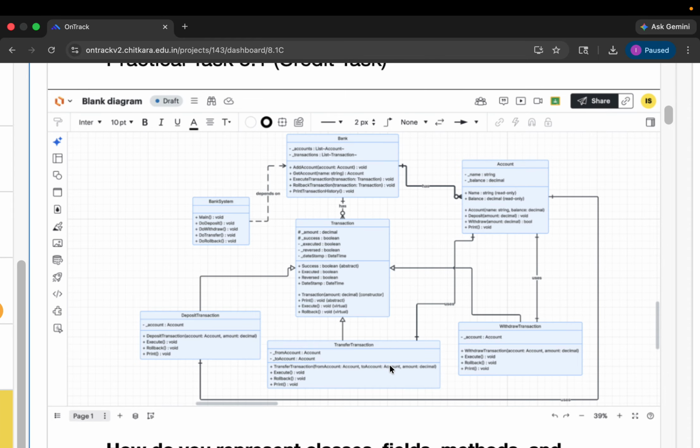To create this UML diagram in Lucidchart, I started by adding class boxes, each one divided into three sections: the class name at the top, the private fields in the middle using the minus sign, and the public methods at the bottom using the plus sign. For example, the Account class shows the name (string) and balance (decimal) as private fields, and deposit and withdraw